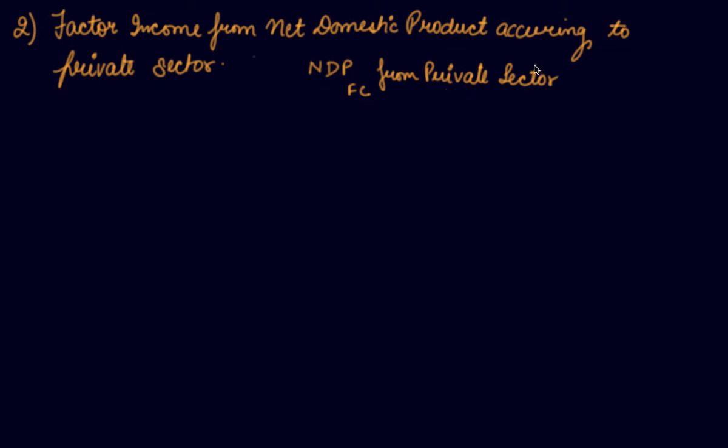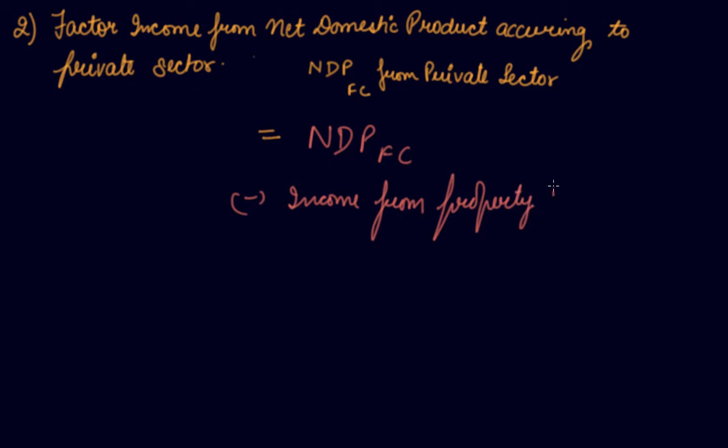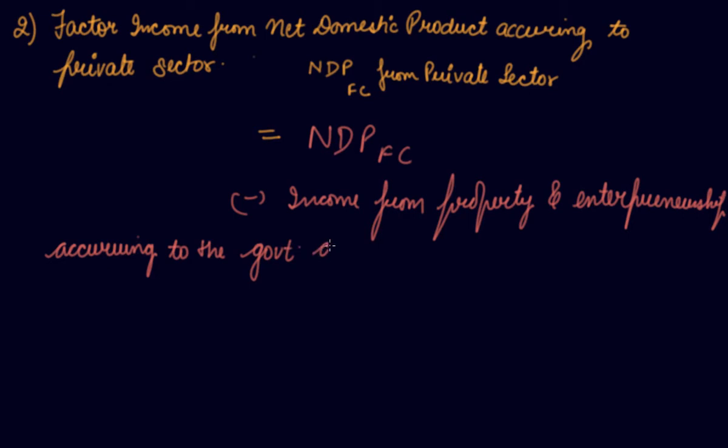So in order to calculate NDP at FC from private sector, from normal NDP at FC, you subtract income from property and entrepreneurship accruing to the government departmental enterprises, means any income that you get from the government,